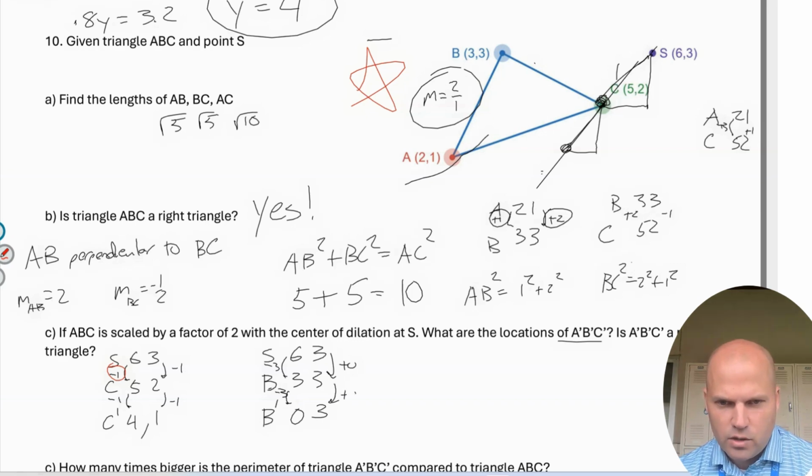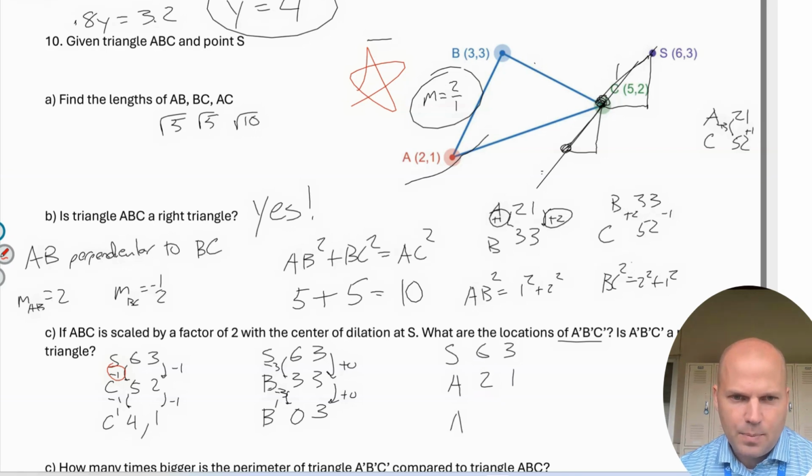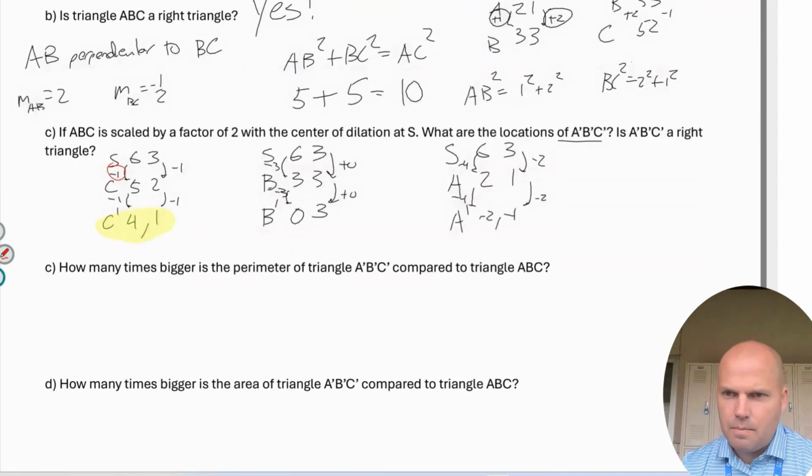Scale factor of 1, scale factor of 2. And let's go with A and A prime. Subtract 4, subtract 4. 2 minus 4 is negative 2. Subtract 2 would be negative 1. So there's the points C prime, B prime,